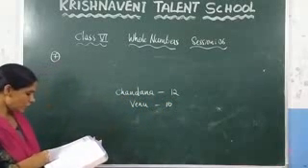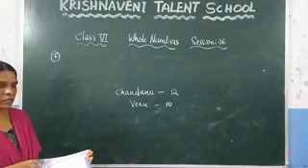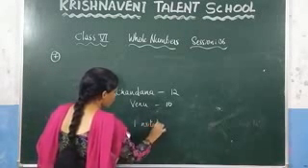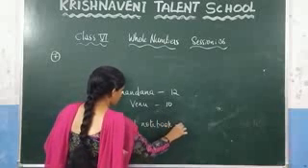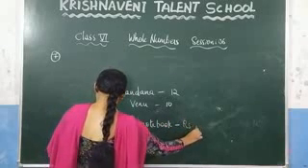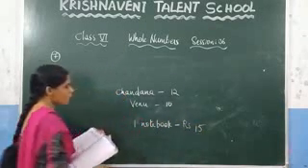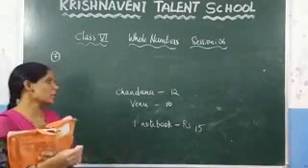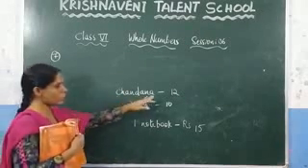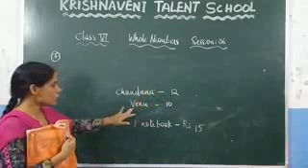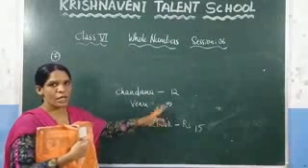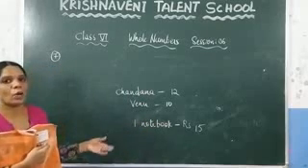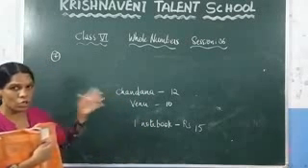So here, and the cost of each notebook, the cost of one notebook, how much have they given? The cost of one notebook is how much? Rupees 50. Here they ask how much money they have to pay to the shopkeeper. Here two persons: Chandana got how many notebooks? 12 notebooks, and Venu purchased 10 notebooks, and the cost of each notebook is 15 rupees. You need to find how much money they have to pay to the shopkeeper.